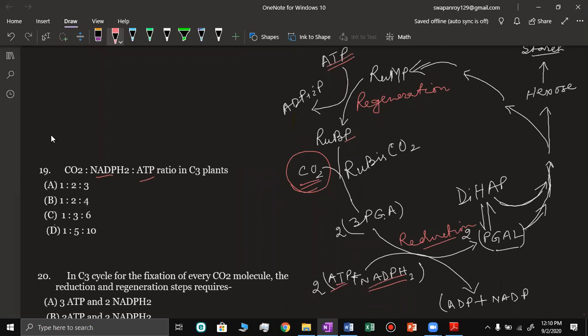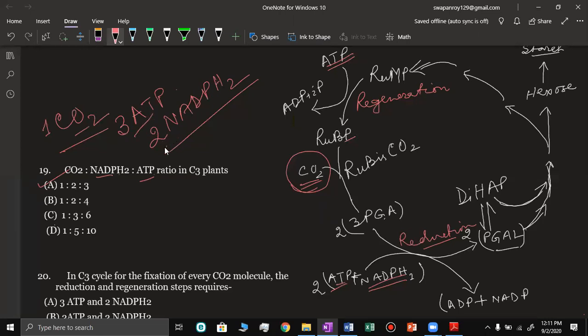So one carbon dioxide molecule requires 3 ATP molecules and 2 NADPH2, and that's why the ratio of carbon dioxide to NADPH2 to ATP, our answer, will be A, that is 1:2:3. That is, for one carbon dioxide, 2